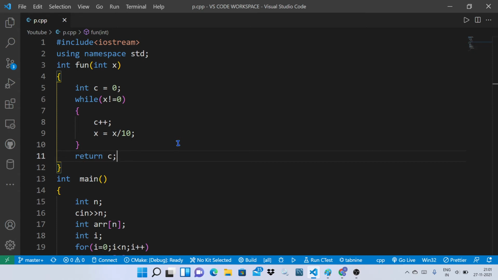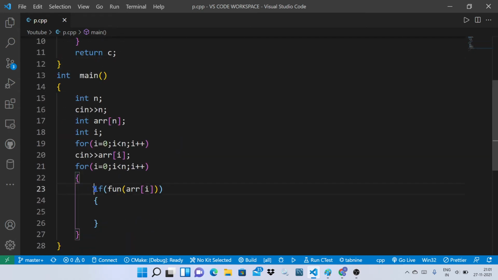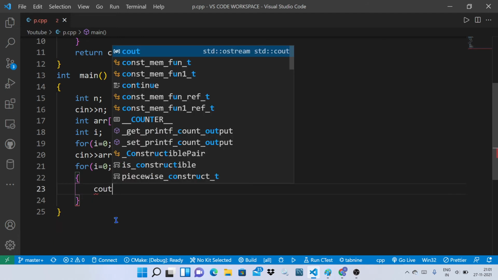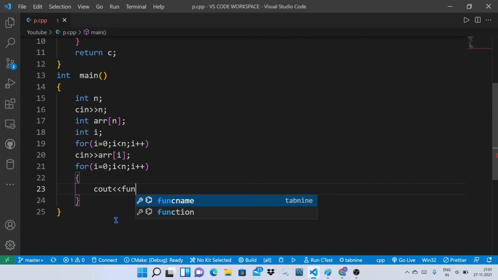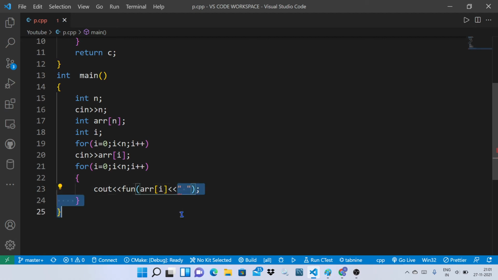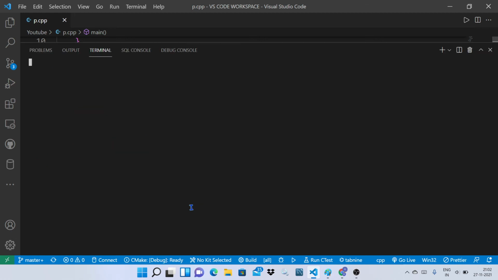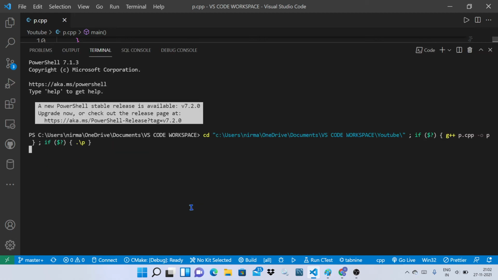Okay. In this case there is no need for using an if condition, so I am just removing it. We just need to print fun(ar[i]) followed by one space character. I defined the space character inside the function, so I just declared it outside the function. So I'm running our logic.